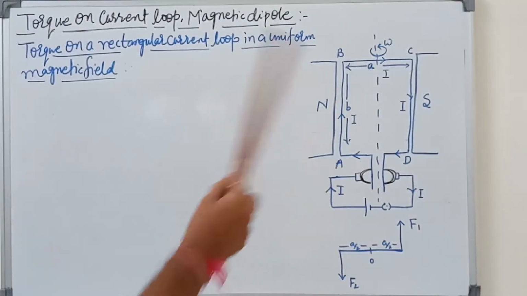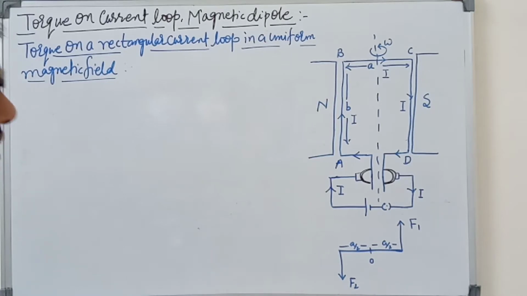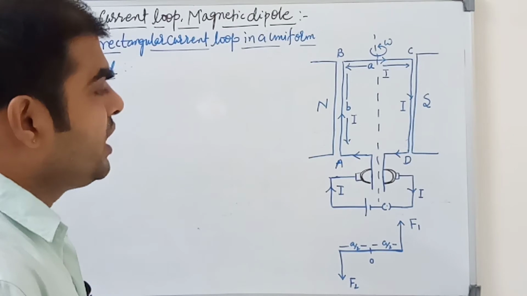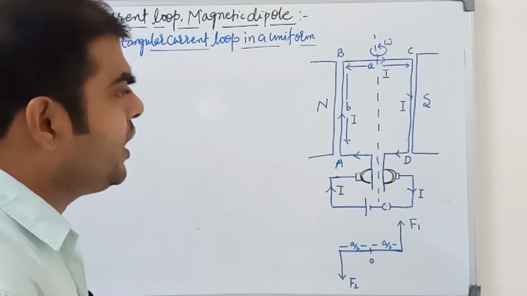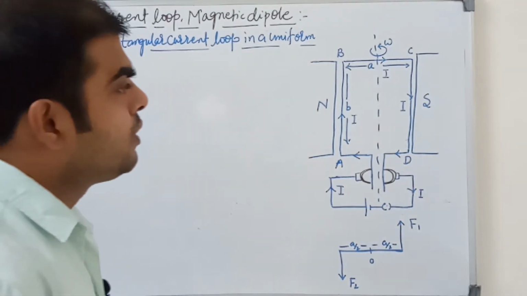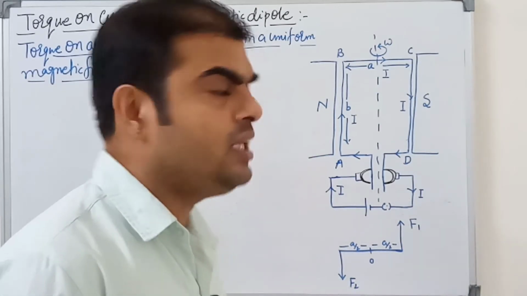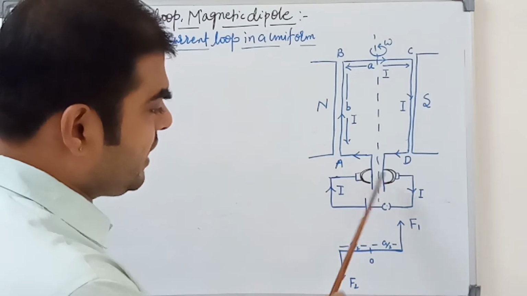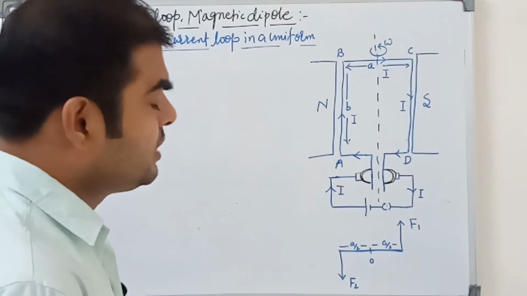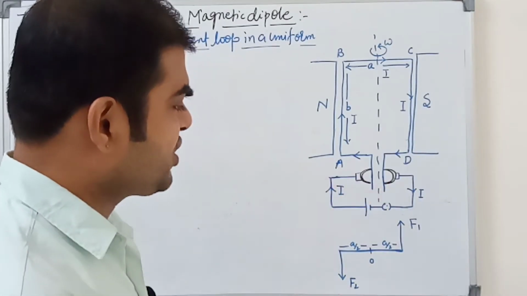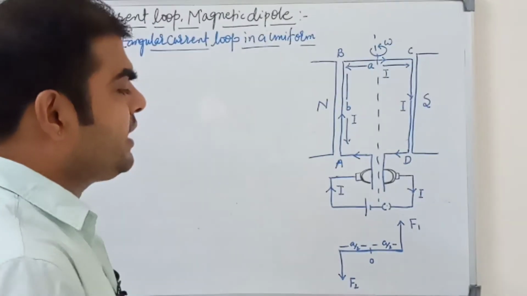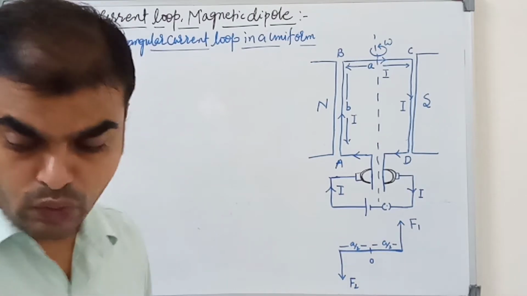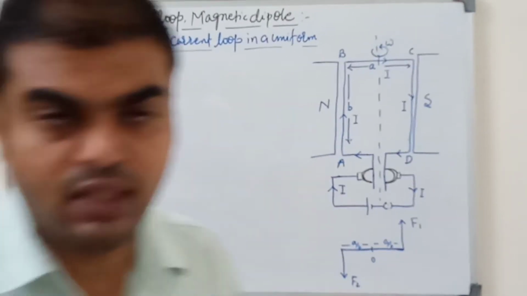Okay, you can see in this picture, this figure is very clear. N and S is the permanent magnet, ABCD is the rectangular coil. Now angular velocity omega is the rotation. There is a black box given, C1 and C2 are the slip rings, and they are connected to the battery's positive and negative terminals and a one-way key.